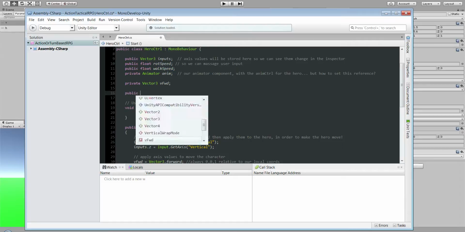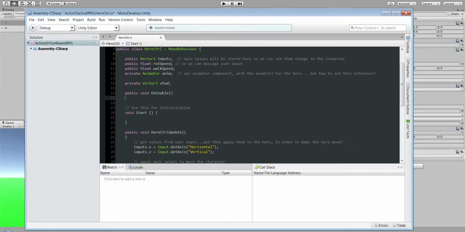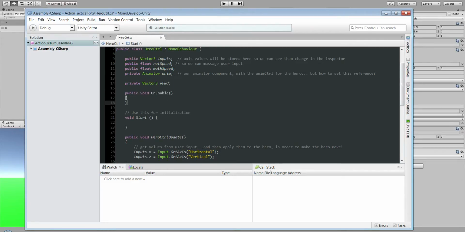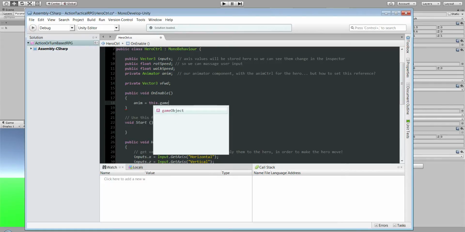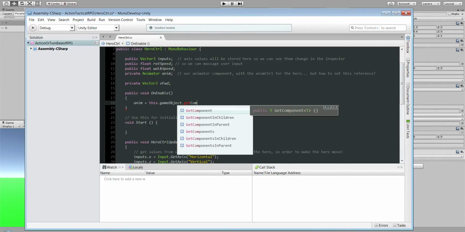And we're going to do it in our OnEnable method because OnEnable happens before Start, and it's a more convenient place to do this, generally speaking. We know there's an animator somewhere in our hierarchy. We need to probe inside our hierarchy and get it. And then once we have it, no matter where it is, the first reference is going to be the one we're going to set them on. And we do this by saying this.gameObject.GetComponent